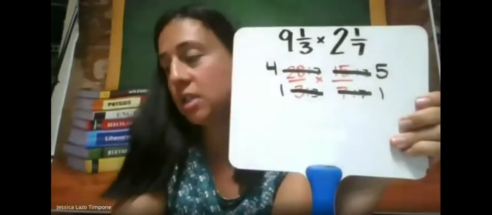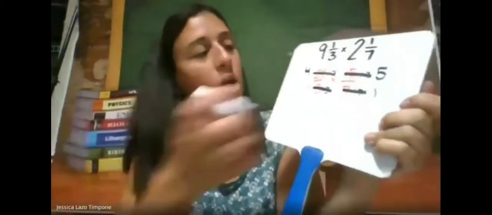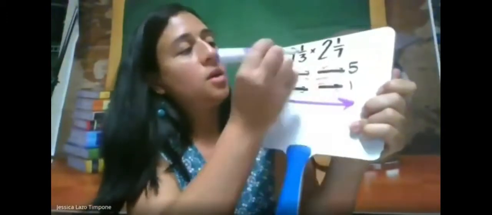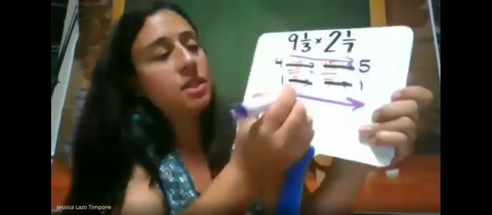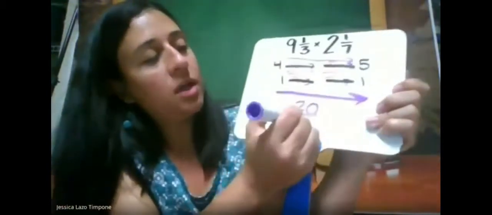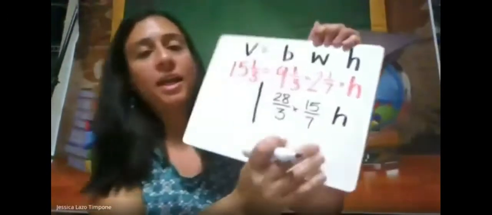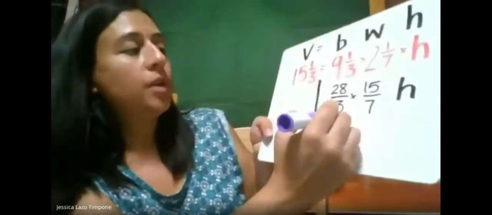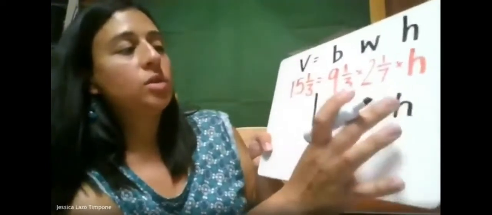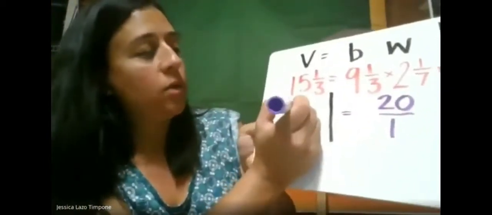So we're going to multiply the tops. So we always multiply across like this. So this is 4 times 5 is 20. And 1 times 1 is 1. So we're going to keep it as 20 over 1. So what I'm going to do right now is I'm going to write it underneath my answer right here. So my board is small, so I'm just going to erase it, but you should write it underneath. So this is 20 over 1 times H. And then on the other side, you're still going to keep that it equals 15